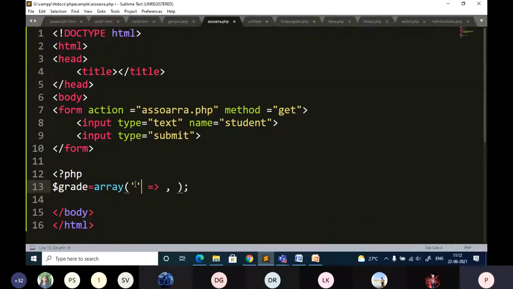I'll use some example. Here you need to give the grade. This is very, very important: you have to specify equal to and greater than symbol, followed by the grade. If it is a number, you can give the percentage or number or CGPA, anything. Here I'll just specify the grade. So A plus, and it is not only one element; I'll put some more elements in the array.